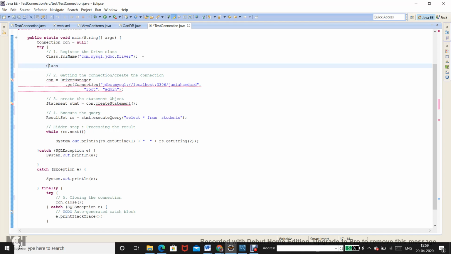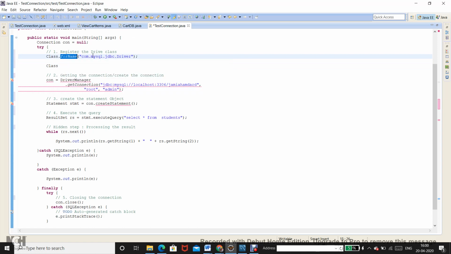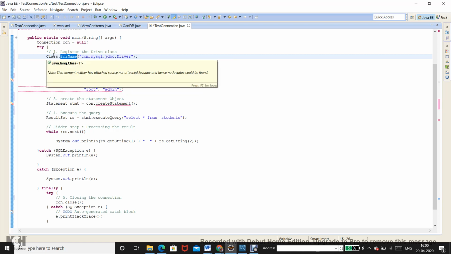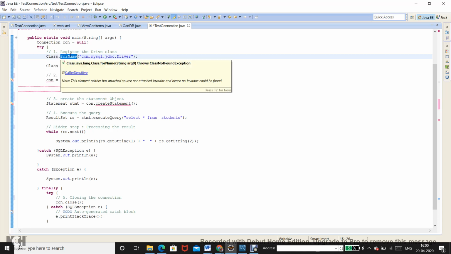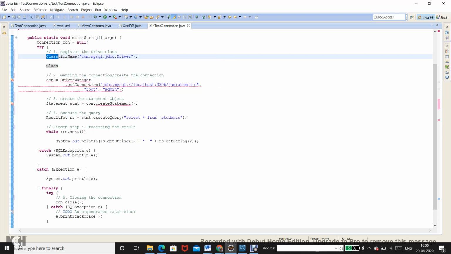As the syntax indicates, forName is the name of a method because I am passing a string argument to it. That method is being invoked directly on something which is not an object. So it must be the name of the class, and this forName method must be a static method, and Class with the capital C is actually the name of a class.